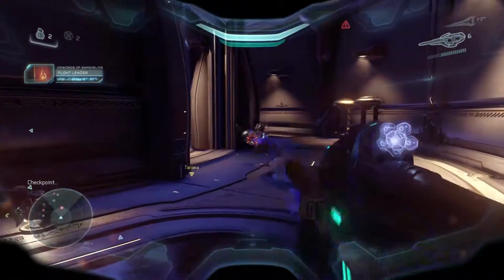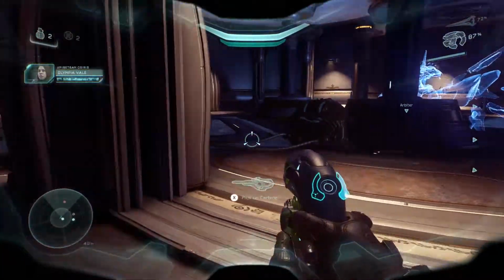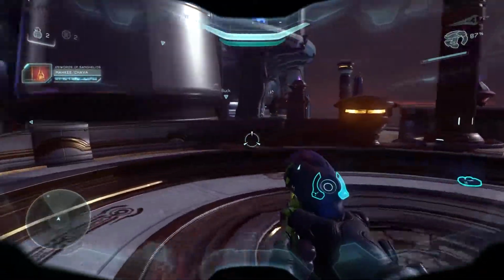And then again, once you've taken out that last power generator, the phantoms come down, and once they're there, the lift comes up in the middle of this section here. So just wait on this platform, bring your teammates up as well if you want, and wait for the lift